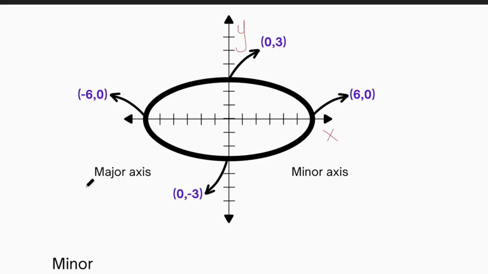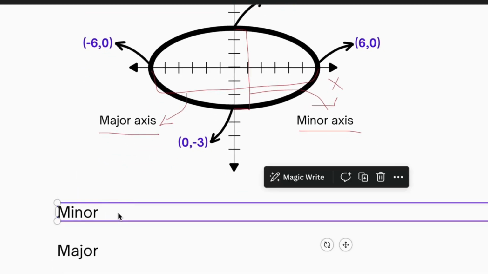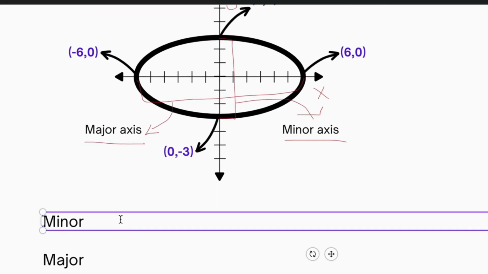And let's label where the major axis is and where the minor axis is. The minor axis is from this vertex to this vertex, and the major axis is from this vertex to this vertex. So instead of saying from vertex to vertex, we can actually write something out. The minor axis